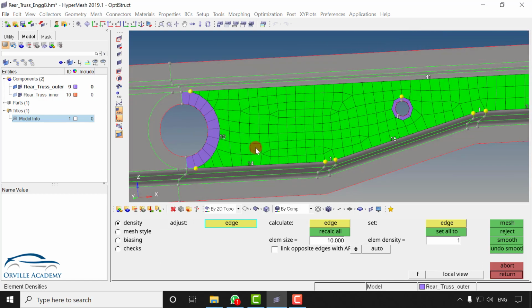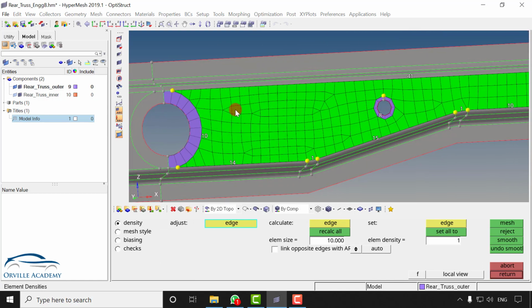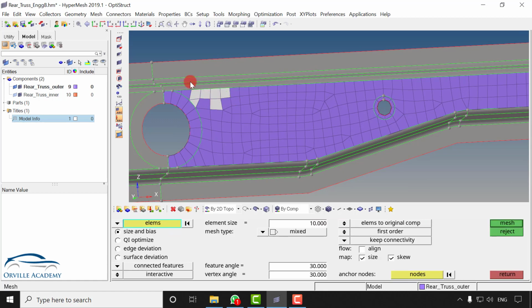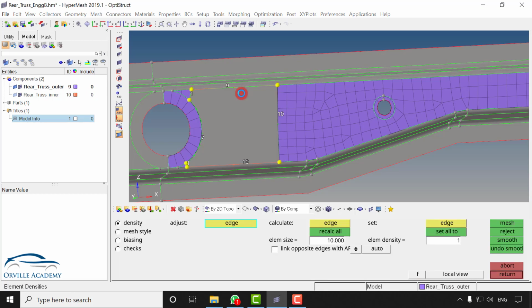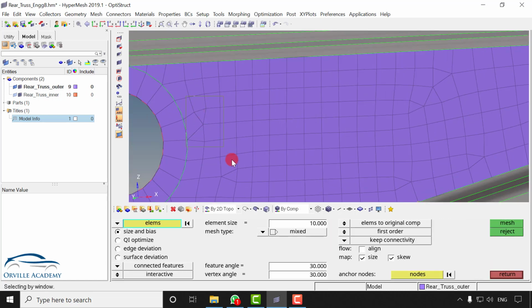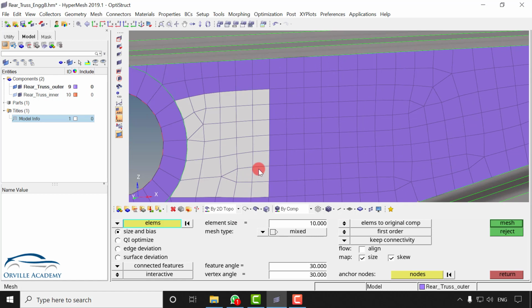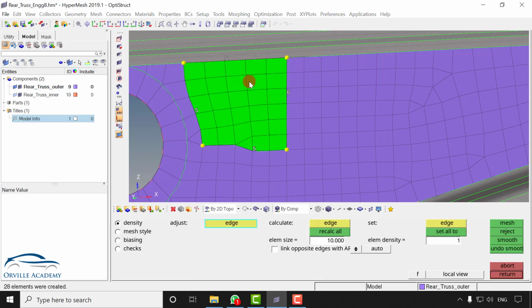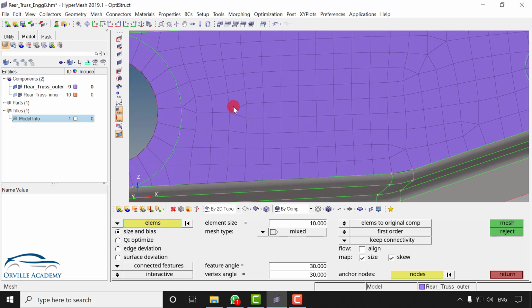Now here I have multiple triangular elements which I need to remove. So again I will go for local remesh. I will select this portion only. These two triangular elements can be merged with these two triangular elements.